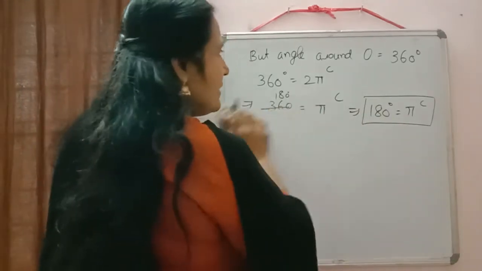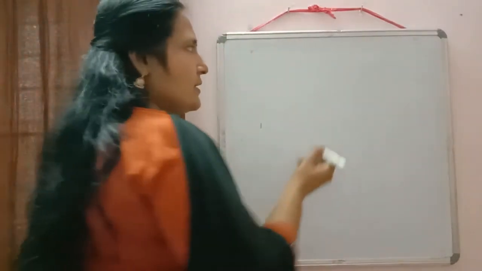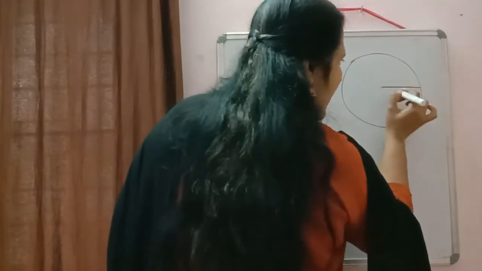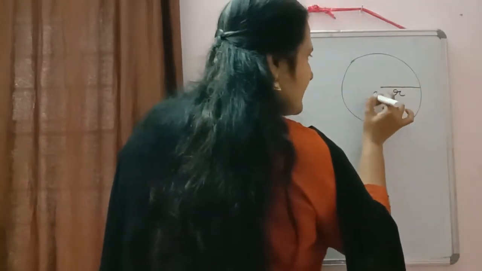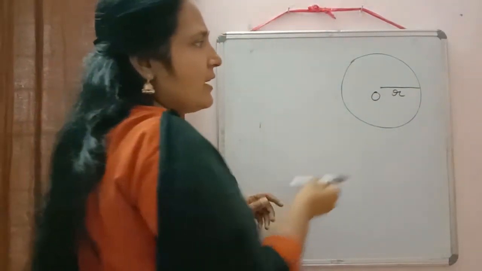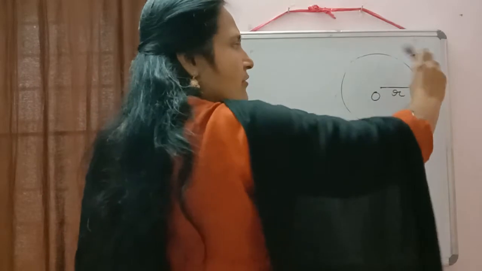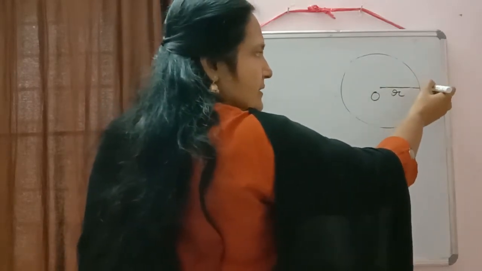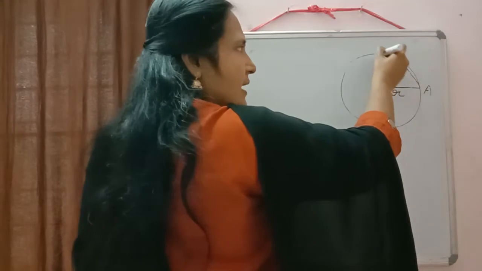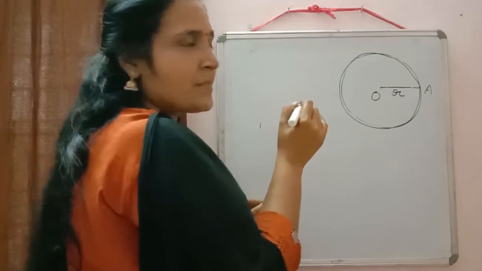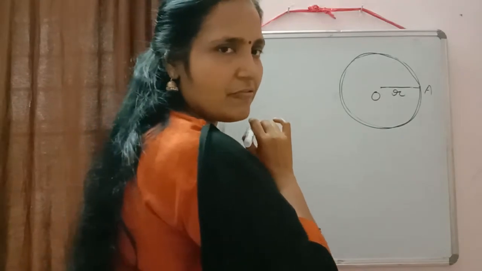At present we have taken the radius of the circle as 1 unit there. So suppose instead of 1 we have taken a circle of radius r unit. Okay. And O we will take as the center. So we know according to the formula, angle at the center will be equal to the length of this arc there, the whole length. Correct? So if I am starting with A and ending with A only, so angle at the center I am taking as theta there. Angle at the center will be equal to 2 pi r by definition of 1 radian there.